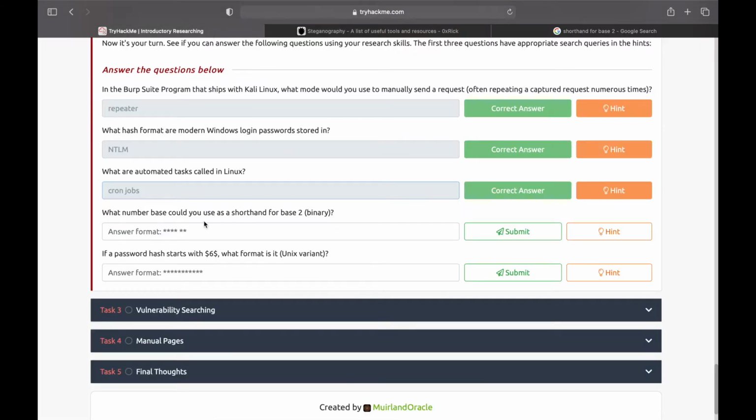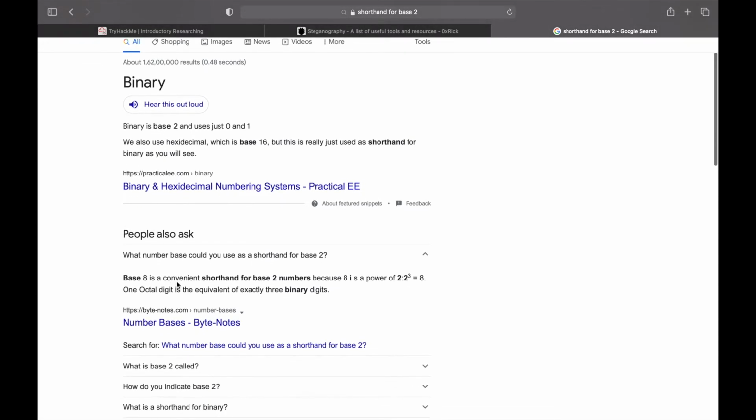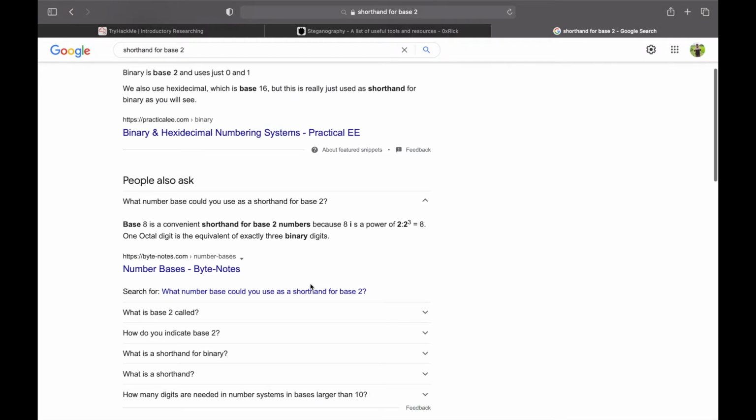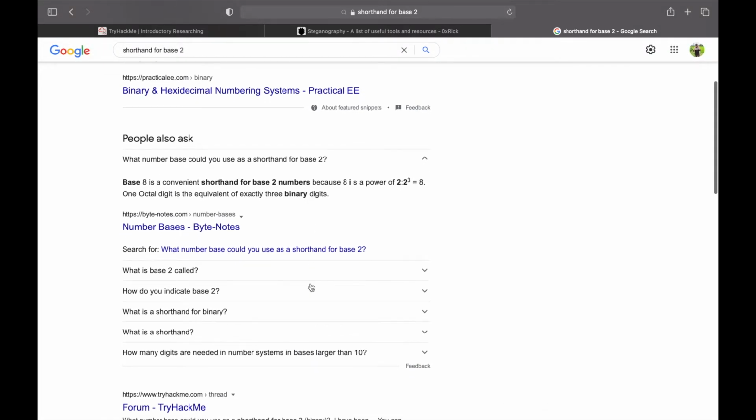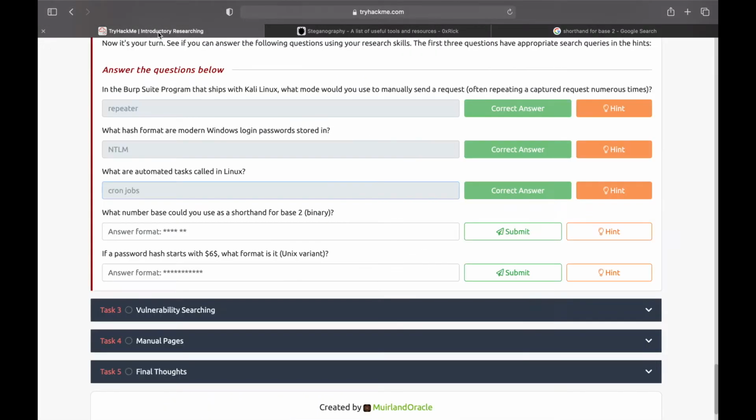Okay, what they're asking is what number base could you use as a shorthand for base 2? It says base 8 is a convenient shorthand for base 2 numbers because 8 is a power of 2. Okay, so we are going to try base 8.